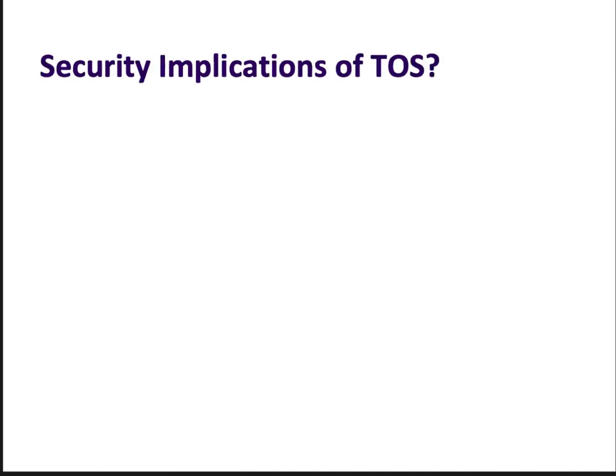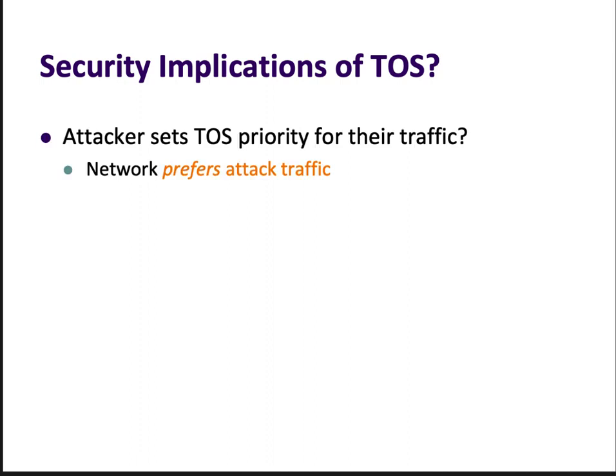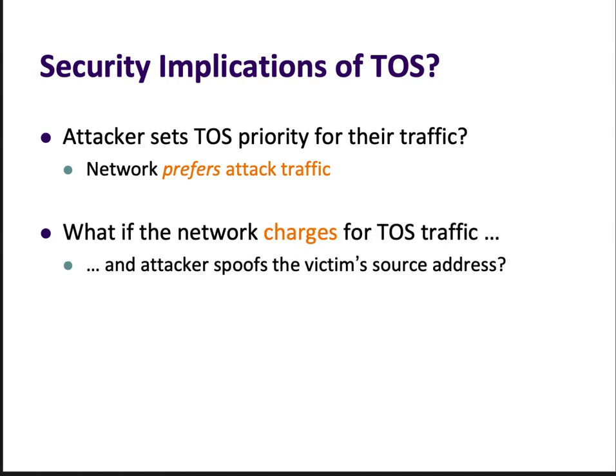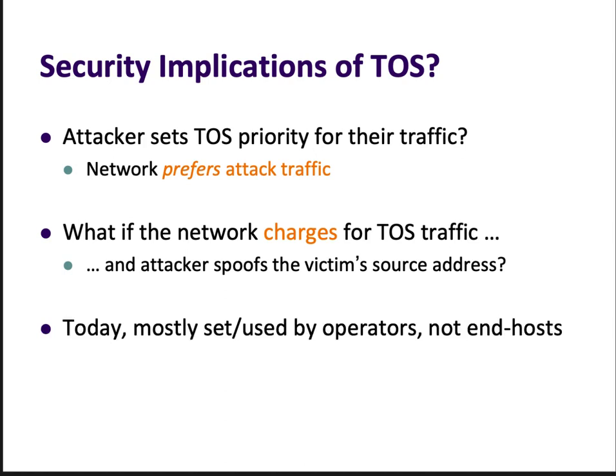Implications of the type of service field. This one's actually pretty simple. You can just ask for high priority traffic. So not only are you generating attack traffic, it's actually being treated better than other traffic on the internet. If getting high priority traffic comes with an extra charge, you have to pay more for your service, then you can combine asking for high priority traffic with spoofing the source address, and you're now passing the bill off to your victim. Right? This is why in practice, as Rob was saying, pretty much all operators